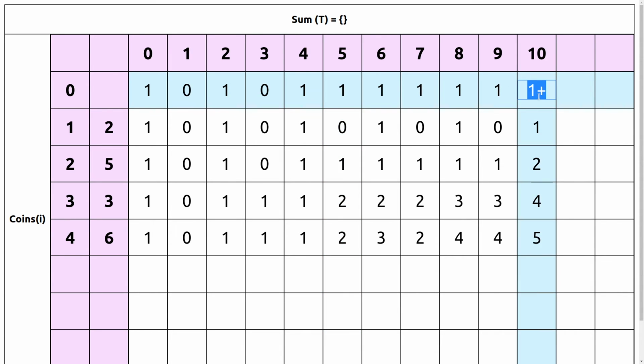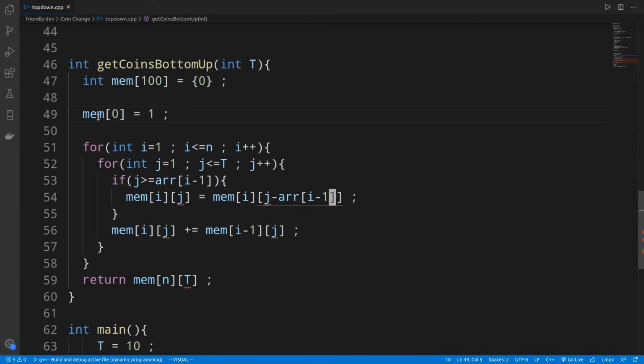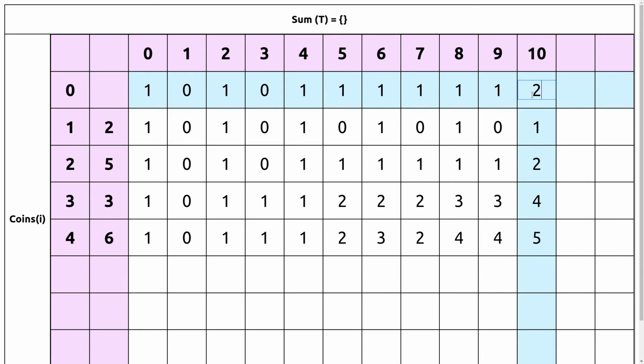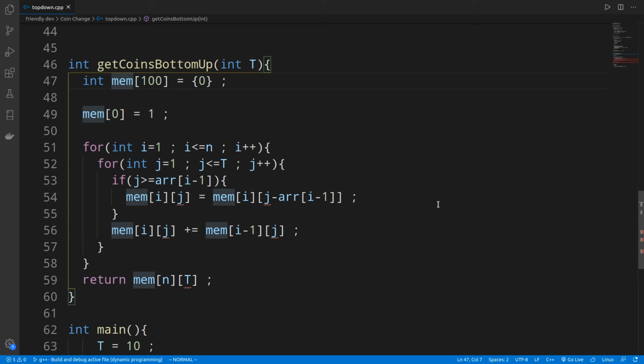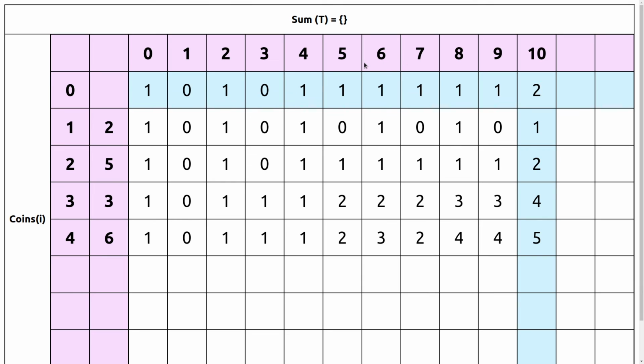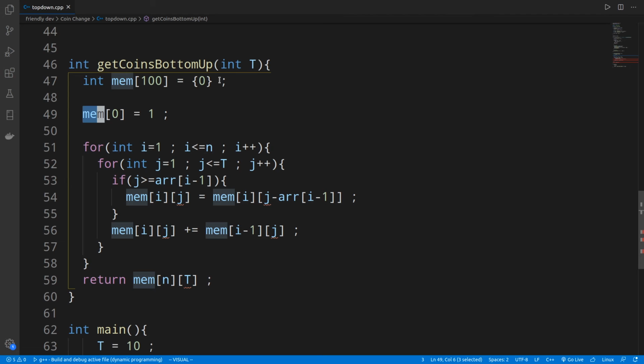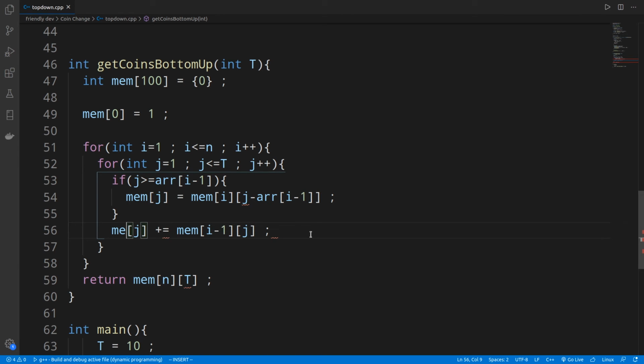In other words, we are only modifying the elements in the memory when we have an inclusion choice, only when there is one or more ways of getting the sum by including the current element. So let's try to apply the same thing in the algorithm here. Our memory is indexed by the sum values now. Since we only have one dimensional memory, we are indexing by the values of sum, the column values, or the values of j. So we can change this to j.